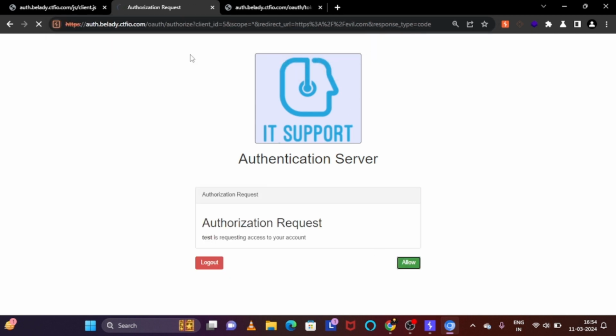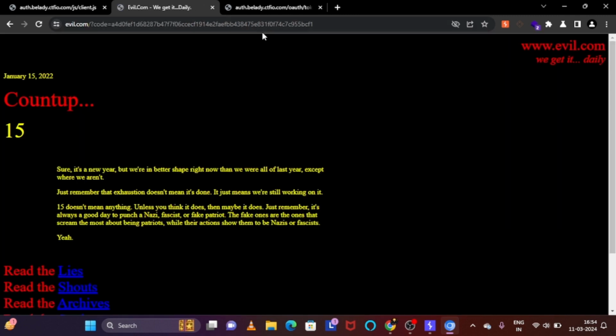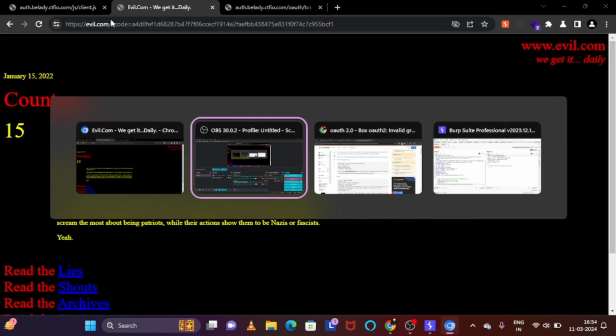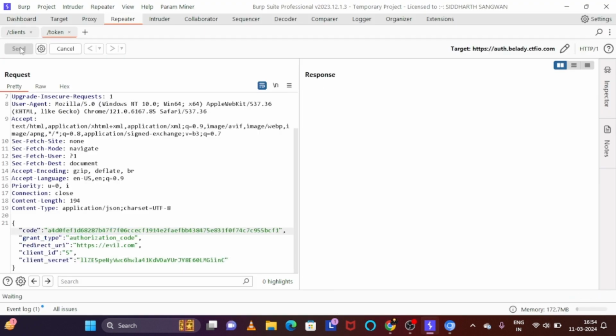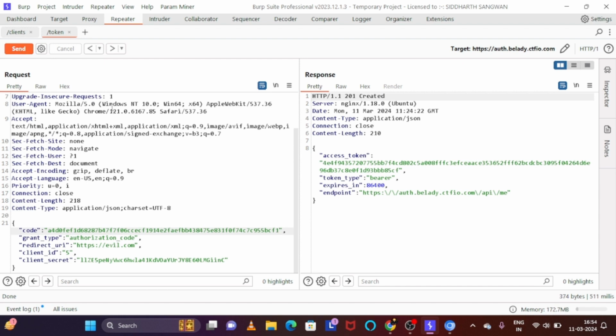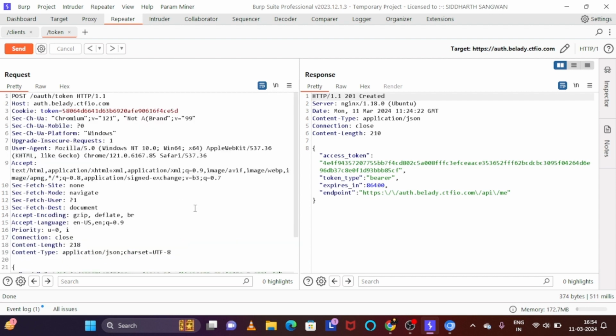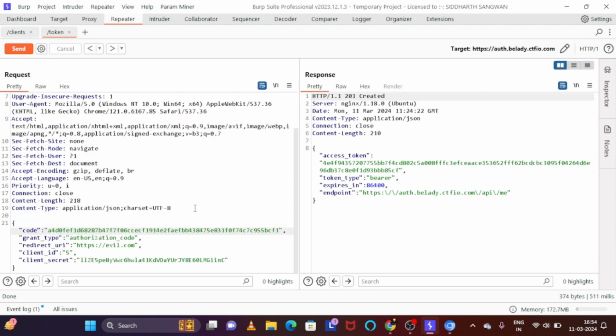So if I just allow, we'll get the auth code for that user. So here is the auth code, and all right, so we'll get the access token. And similarly, what we are going to do is we will also generate the